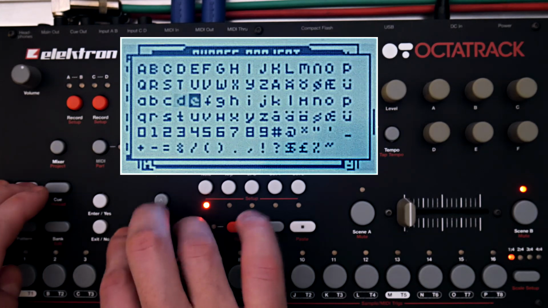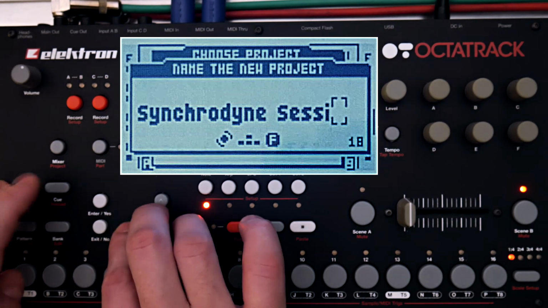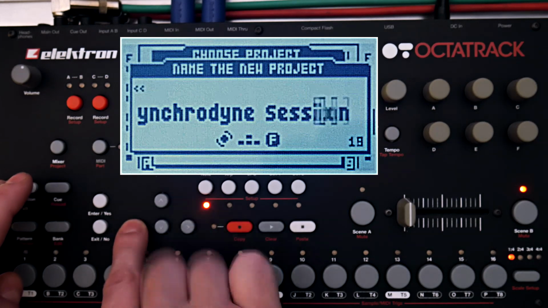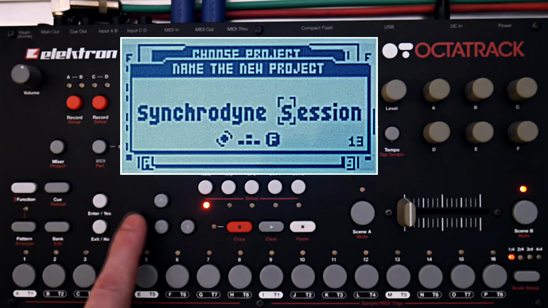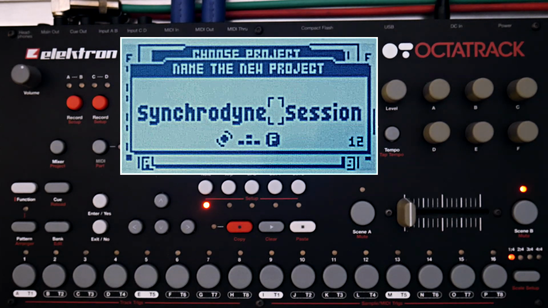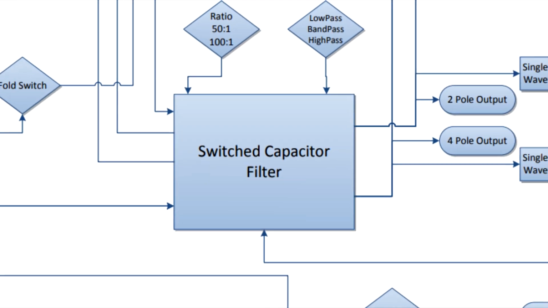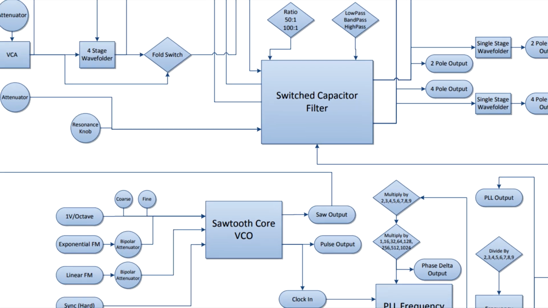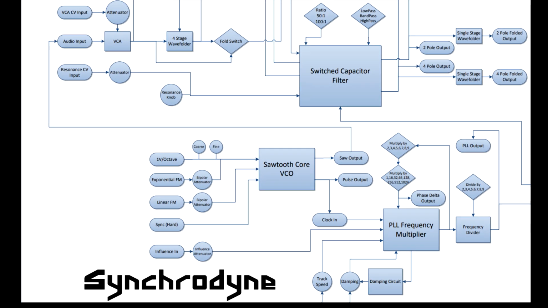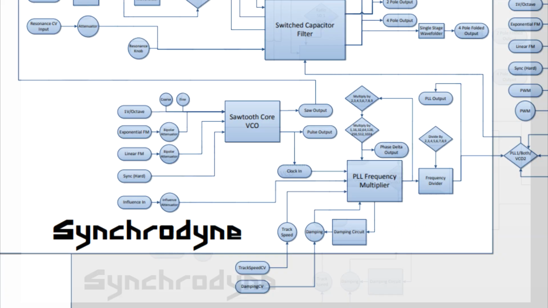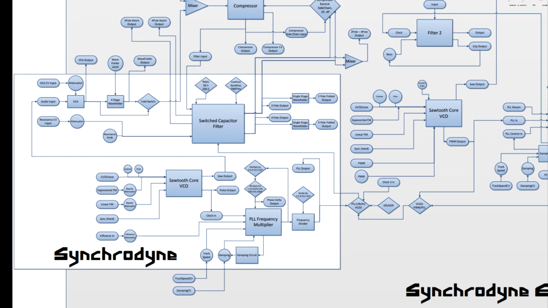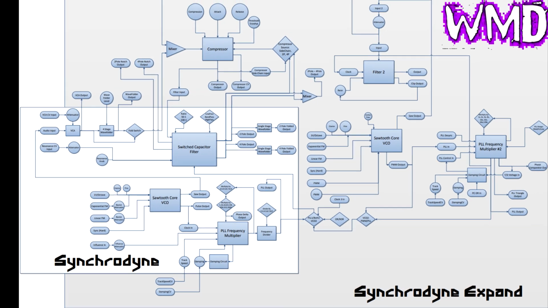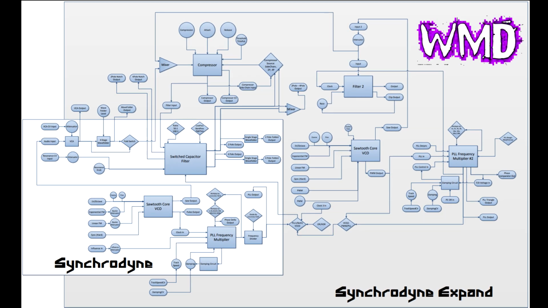As a synth voice, it can be very difficult to tame, but it offers a wide variety of tones that exist somewhere in the no man's land between analog and digital, due to the fact that its architecture is based on a switched capacitor filter where the cutoff frequency is controlled by a phase-locked loop clocked by a VCO. Among other things, the optional expand module adds an additional phase-locked loop, another VCO, another filter, and an optical compressor